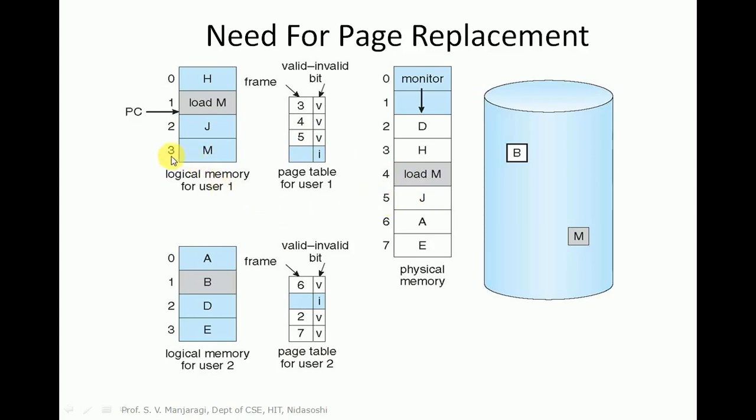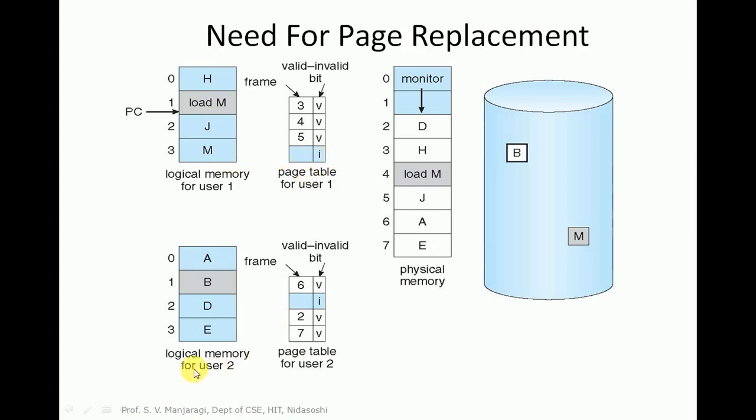The next one is this one, M. M already exists in the physical memory. There are 2 copies of M in the logical memory. One copy has been loaded into the physical memory at frame number 4. If we encounter the same M again in page number 3, there is no need to load M once again because it is already there in the memory. The corresponding entry in the page table shows no frame allocated to M because it is already in the memory, and it is marked as invalid.